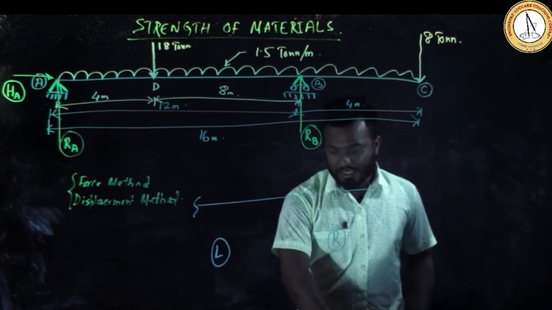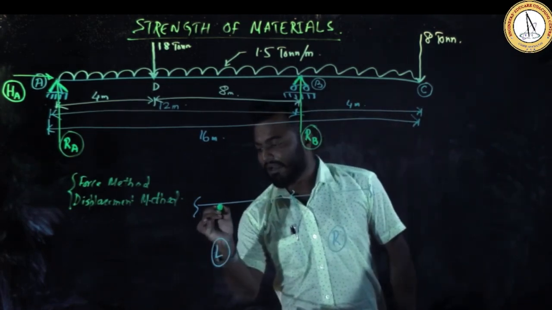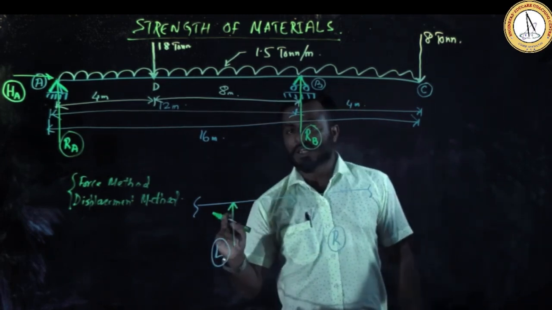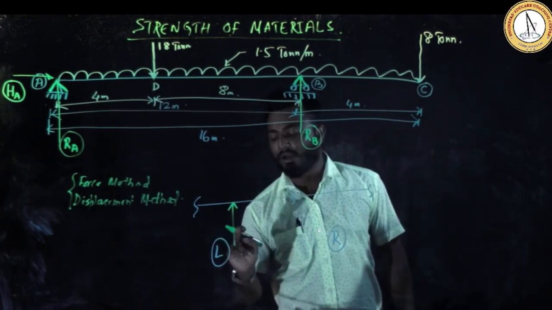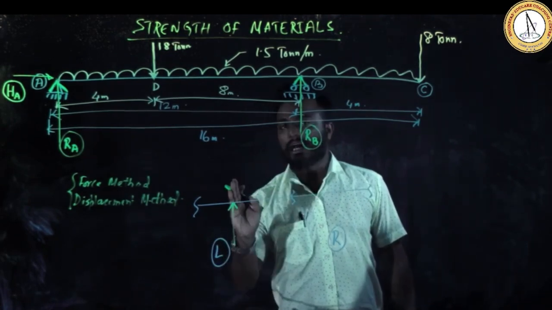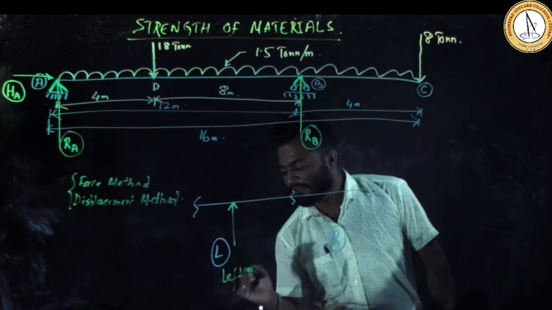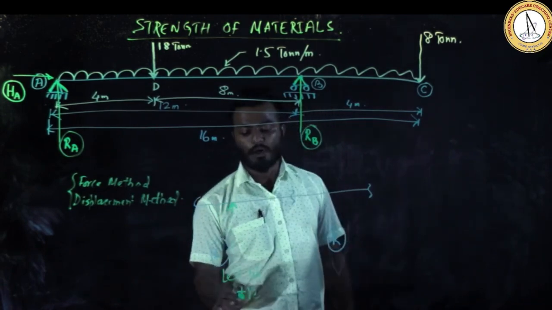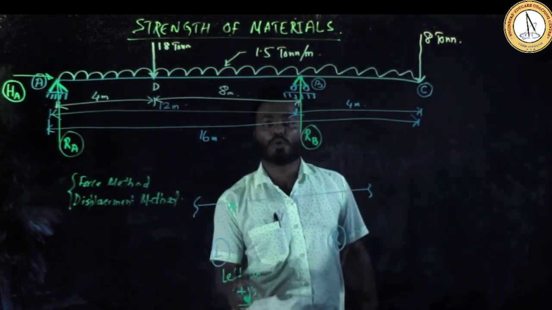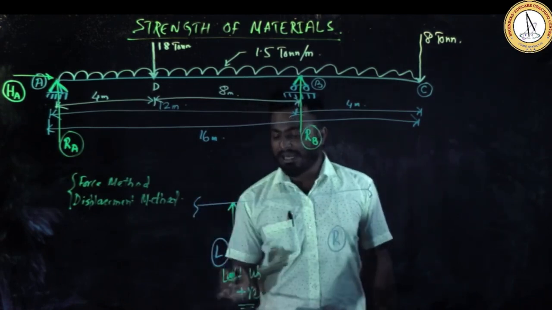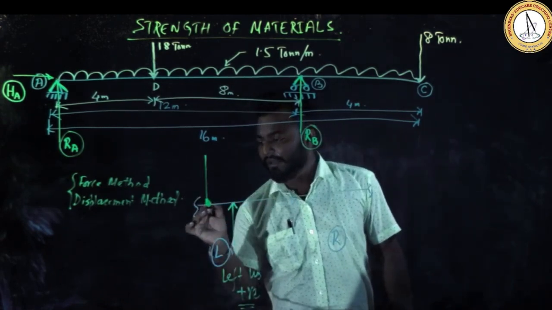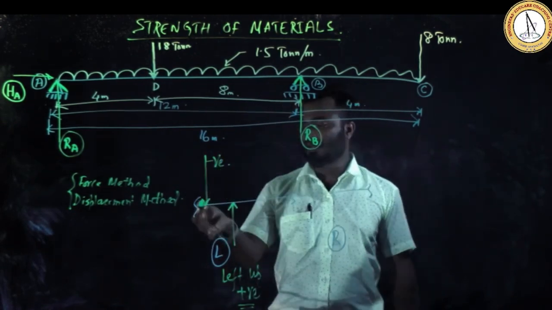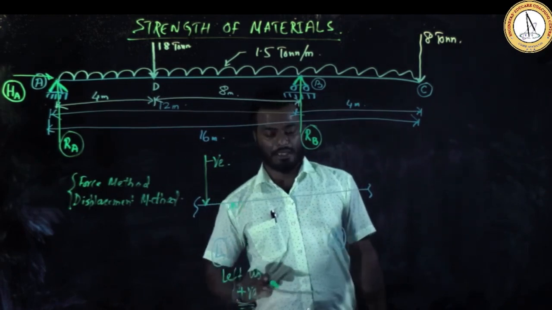Okay. Now say you are starting the beam from the left side and you have seen that in the left side there is an upward force. Once you start to draw the SFD from the left side and you have observed that in the extreme left there is an upward force, then you need to consider that left up is positive. Okay, left side upward force always needs to start to draw from the positive direction. Similarly, if left up is positive, if you find that in the left side there is a downward force, you need to consider that is negative. That means your diagram should draw from negative direction.